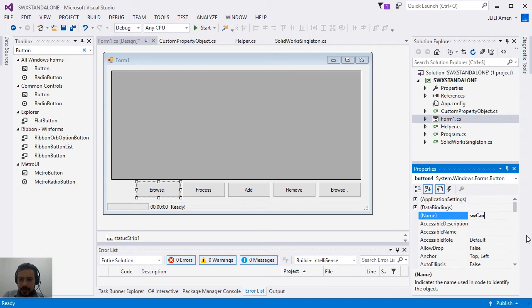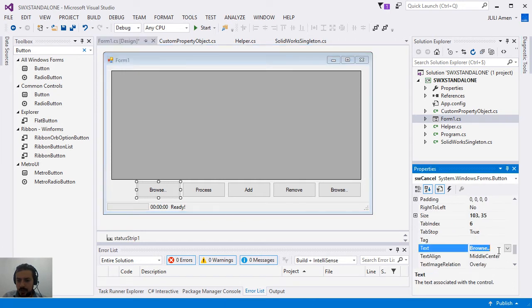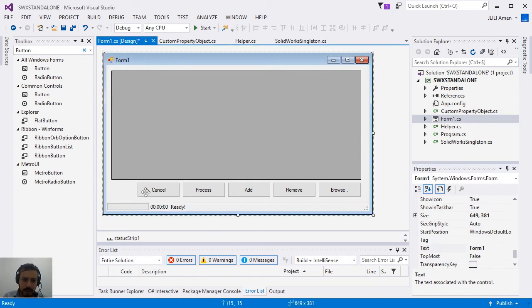So when we want to cancel the operation of process, we want the application to stop processing files. We'll just click this button right here. So the text here will be cancel. If I go ahead and start debugging,